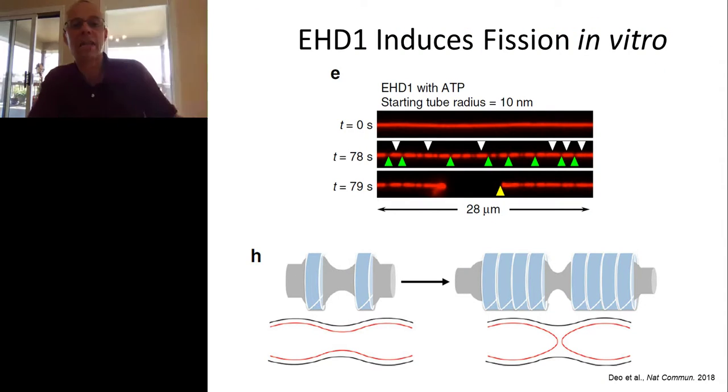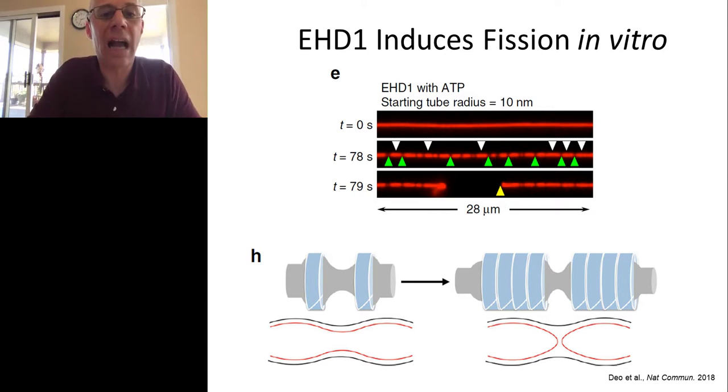So this is an interesting experiment that really highlights the molecular mechanism of EHD1. It was done by the group of Thomas Pucadyil at Pune in India. And this is a beautiful experiment where he's taken membranes that are marked by fluorescent lipids and kind of stretched them along into tubules. And by adding purified EHD1 with ATP, what he can show is that over